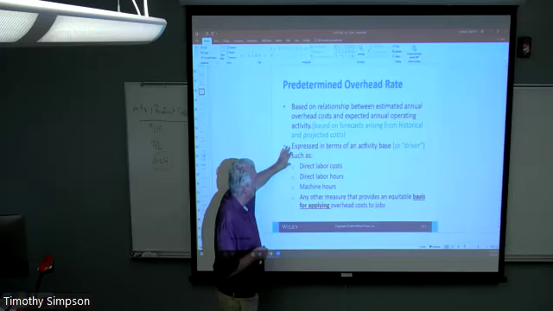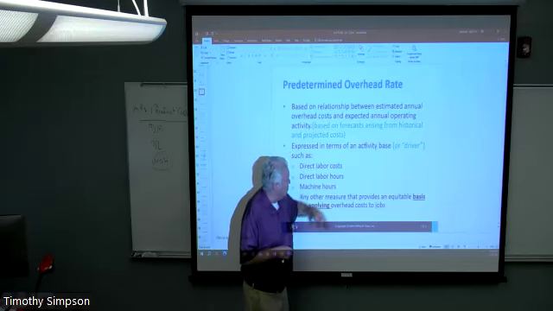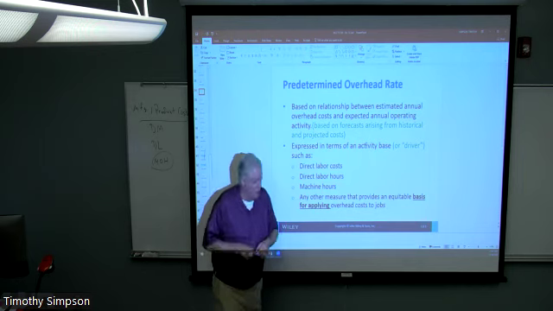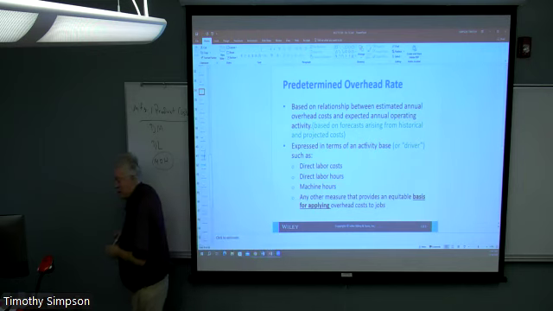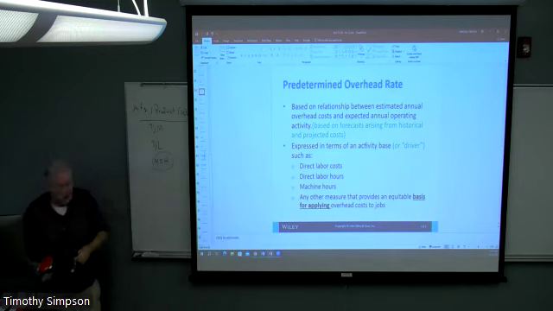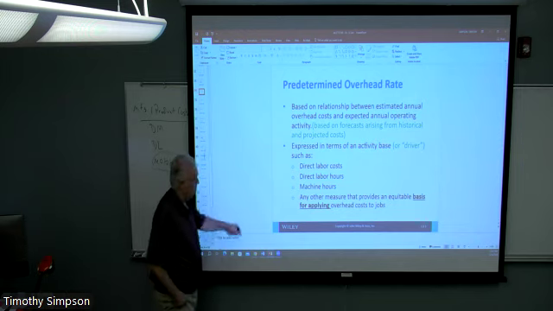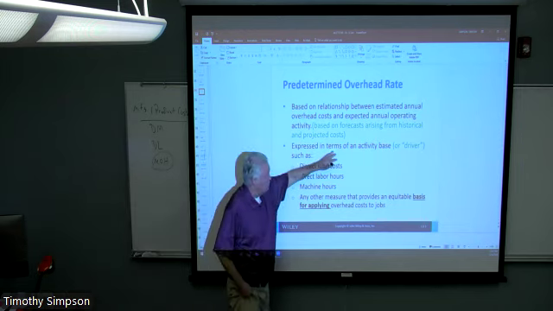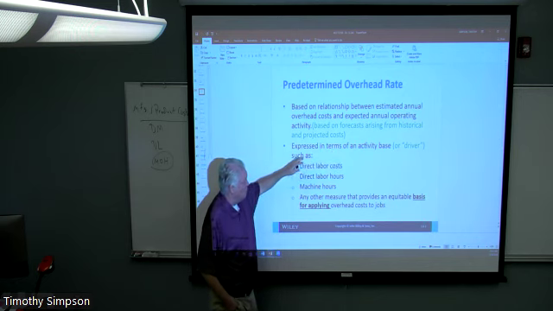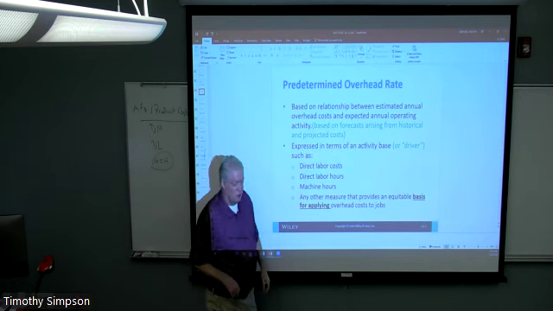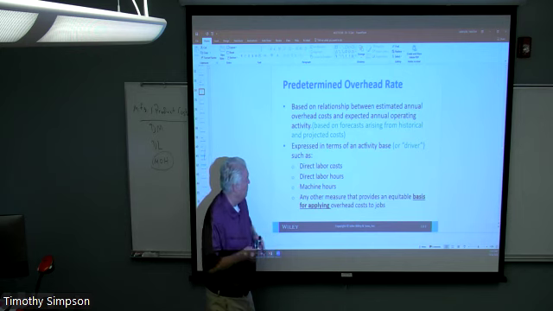And we're going to latch on to what we call activity base. And then the term of art here is called a driver. And that is, we need to be able to measure something that is a stand-in, a proxy for activity going on in general. And if we can measure that, and these have got to be measured accurately, there's no question about it, then we can apply overhead to the production of goods themselves. And right now, if this is a little bit unclear, it'll become clearer a bit later.